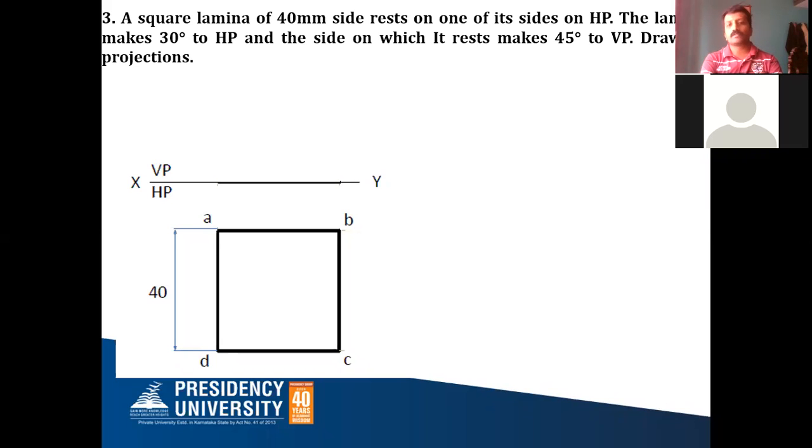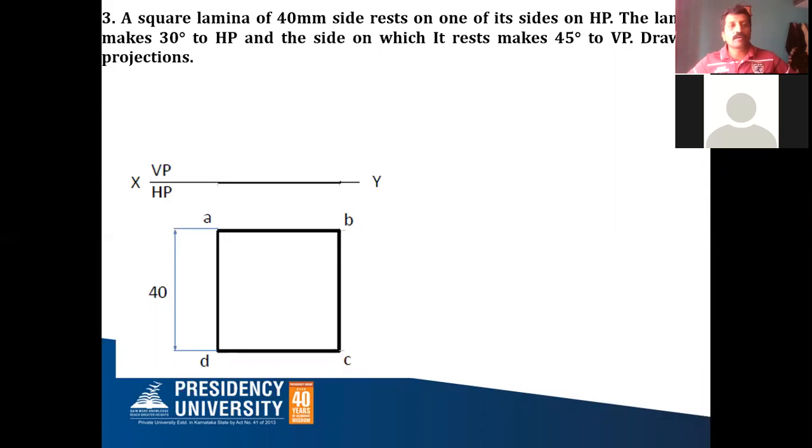Today, as I've told in the last class, we'll start the square lamina as well as the rectangular lamina. I'll take a few examples and we'll discuss that. The same procedure holds good for the square or rectangular lamina also, whatever we have discussed in yesterday's class, that is triangular lamina. So here, let us discuss this first example. And here also both corner and edge condition we will discuss.